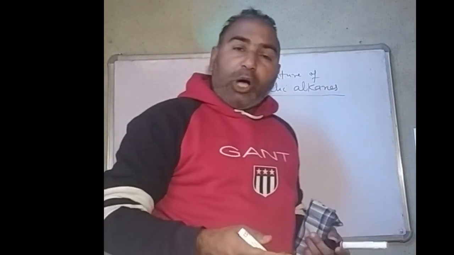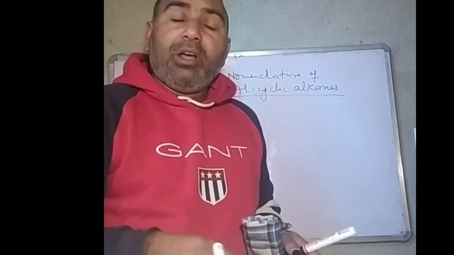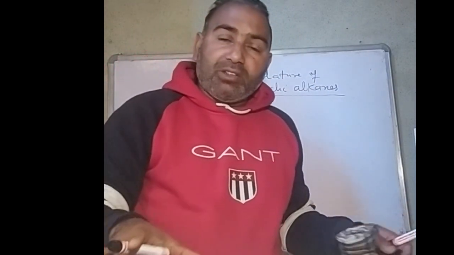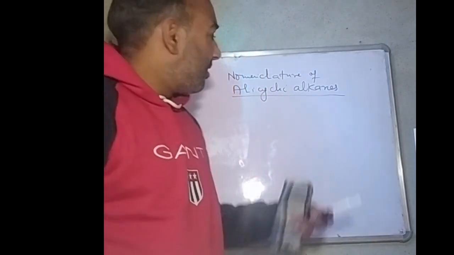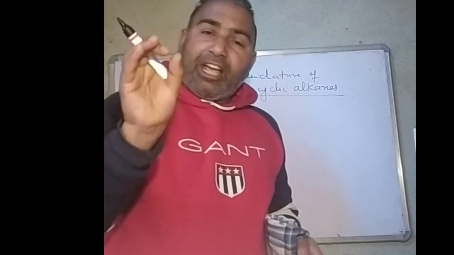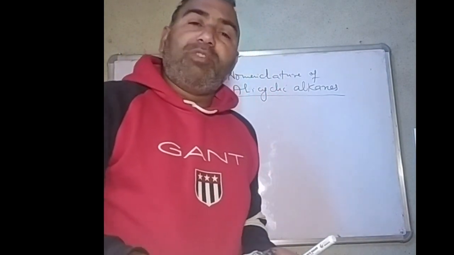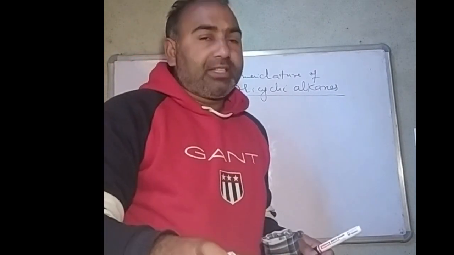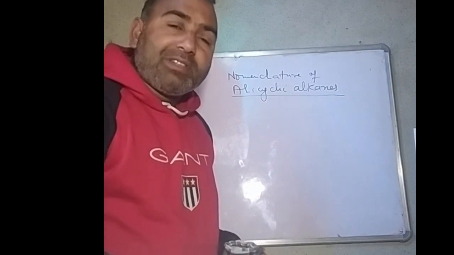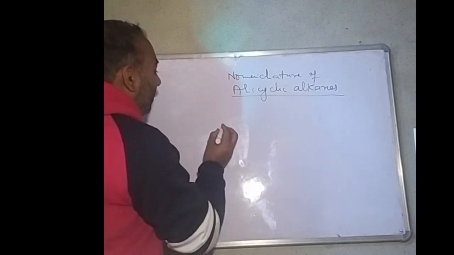So as I have told you already, the rules of nomenclature for open chain alkanes, which are called aliphatic, and alicyclic alkanes are same. The only difference is, in this case, cyclo is added before word root. Other rules will remain same. These rules we have already discussed. Today few examples will come under discussion. So the rule is